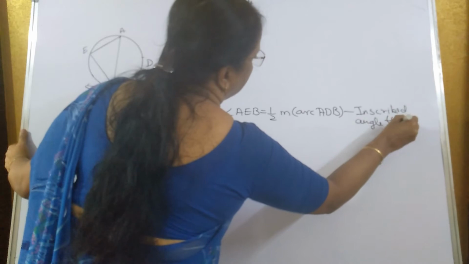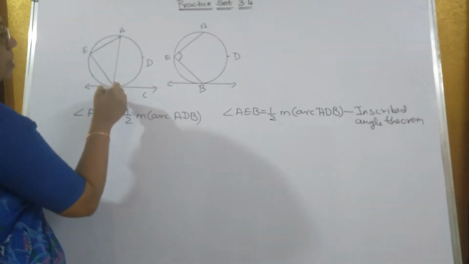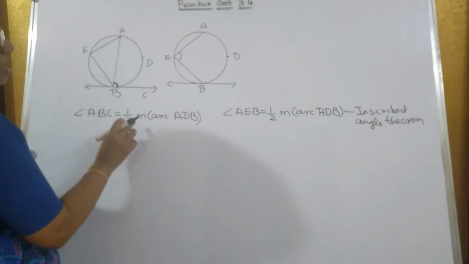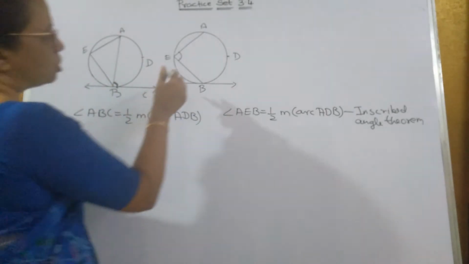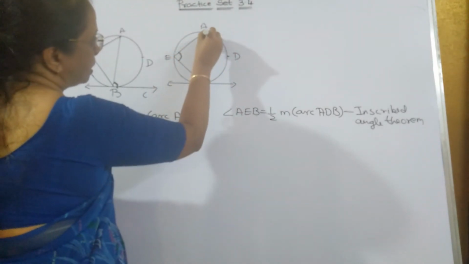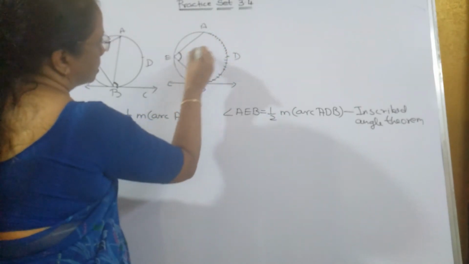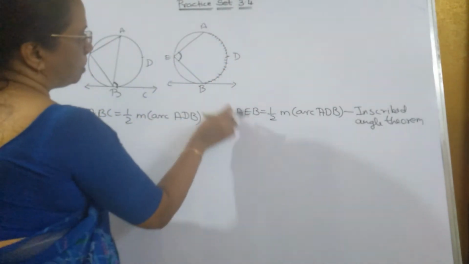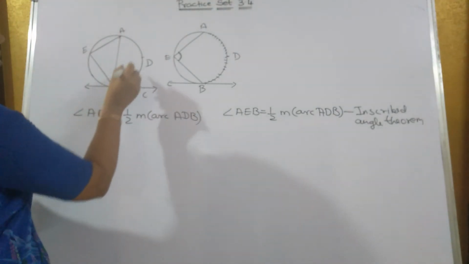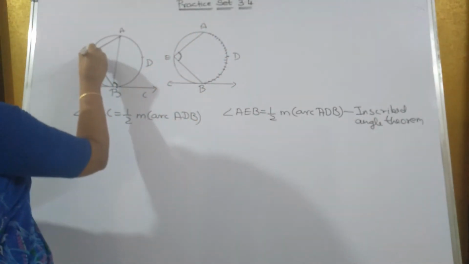तो अभी मैंने एक्सप्लेन किया था थ्योरम कि जो एंगल रहता है टेंजेंट और सीकेंट के बीच में, हमेशा वो एंगल ये आर्क ADB का आधा रहता है. तो एंगल ABC इज इक्वल टू हाफ मेजर आर्क ADB. और पहले अपन पढ़ चुका था कि जो इंस्क्राइब्ड एंगल है वो भी हमेशा ये आर्क का आधा रहता है. ये इसका इंटरसेप्टेड आर्क है, तो हमेशा ये एंगल इस इंटरसेप्टेड आर्क का आधा रहेगा. तो एंगल AEB इज इक्वल हाफ ऑफ मेजर आर्क ADB. तो दोनों को कंपेयर करेगा तो एंगल ABC भी आधा है ADB का और एंगल AEB भी आधा है ADB का. तो ये एंगल और ये एंगल इक्वल रहेगा.